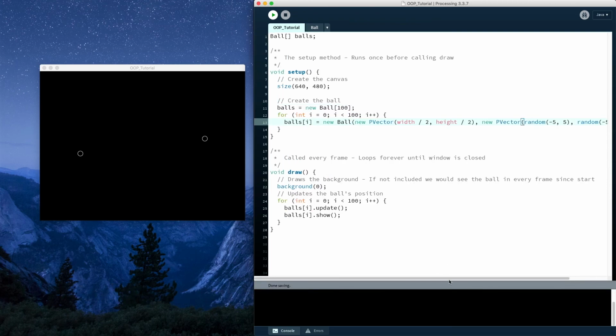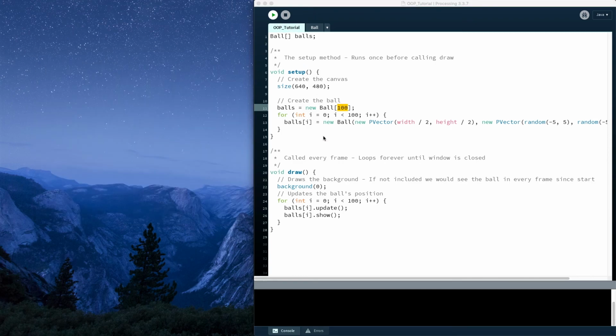Okay, so what I just wrote is essentially we're taking this array of balls of size 100, and for each space in that list, we're creating a new ball and putting it in that list, and then we're saving that in memory. And then while we're going through the draw loop, we're going through each space in that memory, and for every ball that we saved, we're updating and showing. So this is practically an easy way of creating 100 balls without copying and pasting each and every piece of